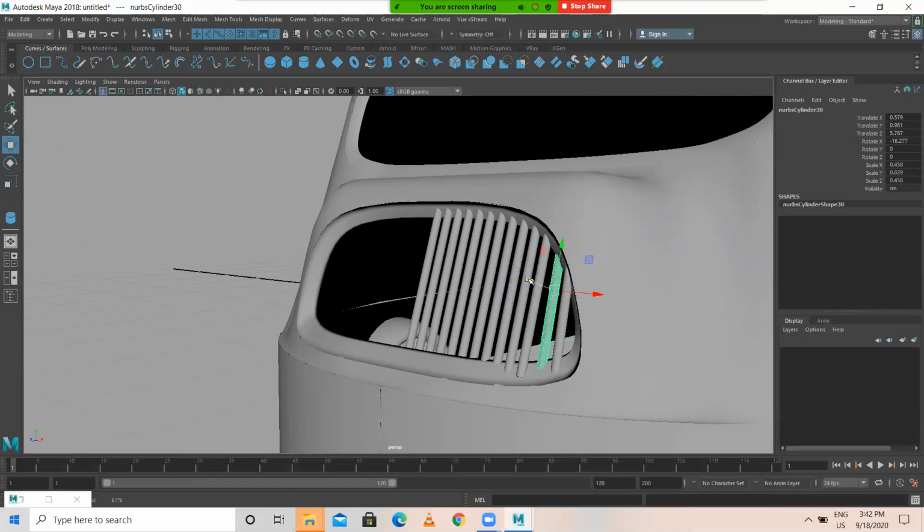You need to place this properly, everything. So select all this.